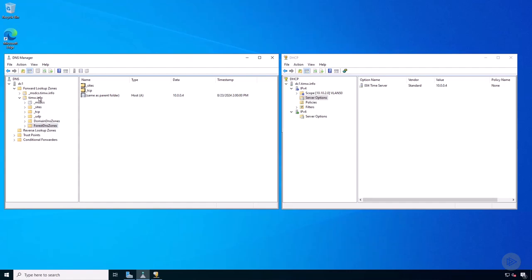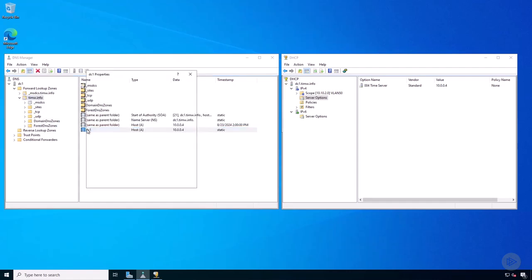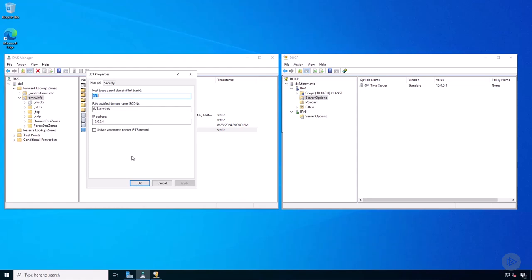If I take a look into my TimW zone, I can see I've got a host record for my domain controller. Its host name, just its short name, is DC1. Its fully qualified domain name, or FQDN, that's going to be hostname plus domain, is dc1.timw.info. And it has an IPv4 address in the RFC 1918 space, which means it's one of the well-known private